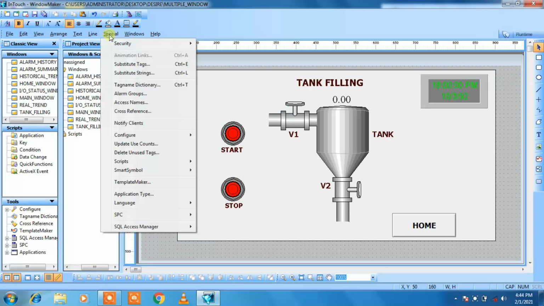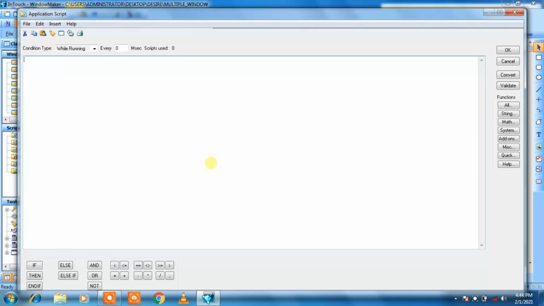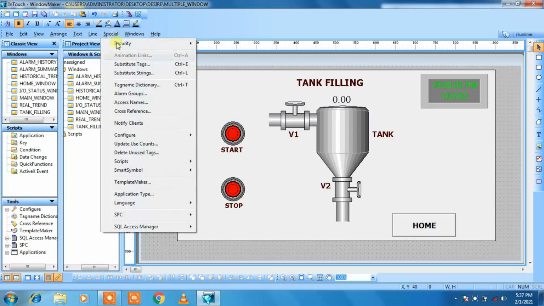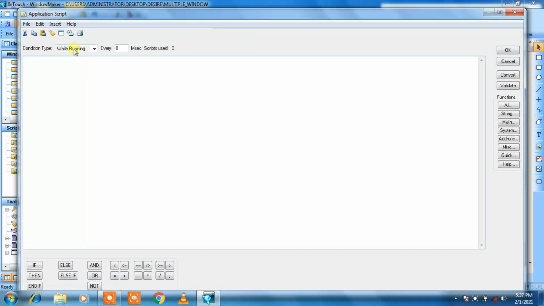Go to the special option, then script, choose the application script, then in condition type go to on startup. Here we will assign all the initial values for our objects.